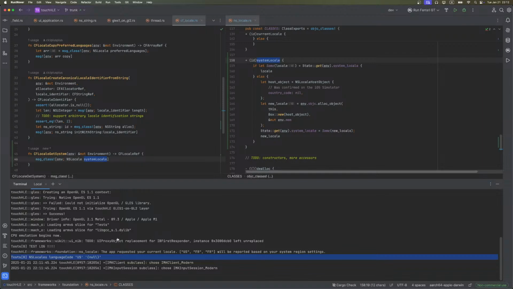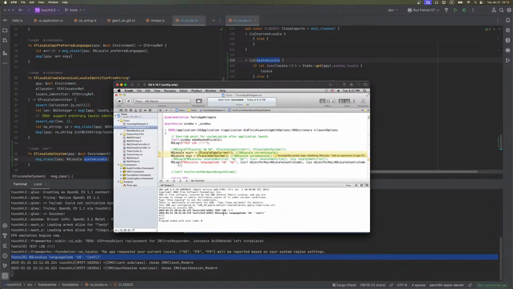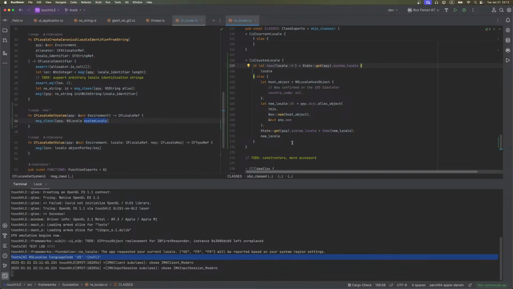If we compare with our source of truth, it's basically the same string. So I'm more or less confident in this implementation. The only part I'm not particularly sure about is the get function, CFLocaleGetSystem, and if I check inside